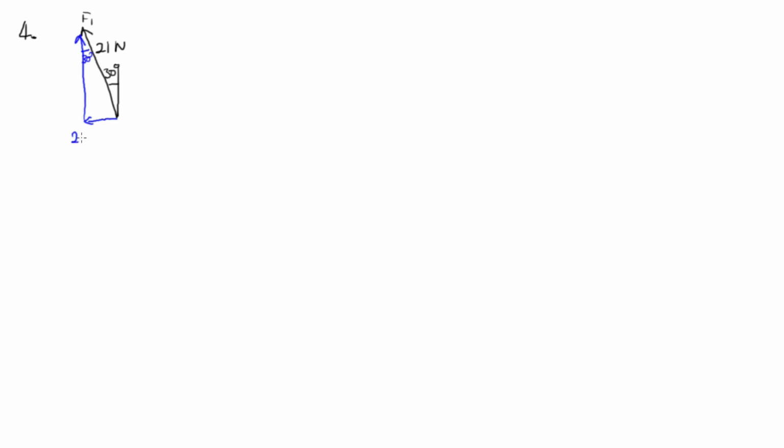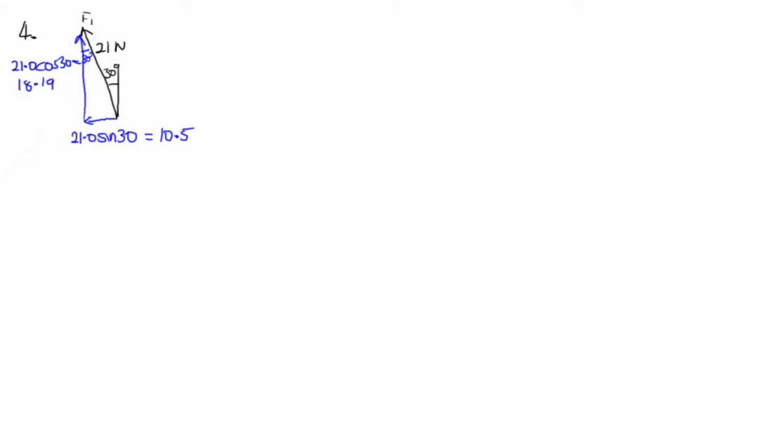So this will have a magnitude of 21 times sine 30. Sine 30 is equal to a half, so this is going to be equal to 10.5. And the horizontal side here, this is adjacent to the 30 degrees angle, so this is going to be equal to 21 times cos of 30, and when we solve that on the calculator we end up with